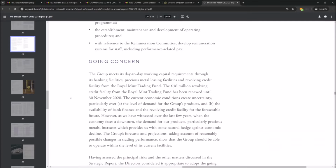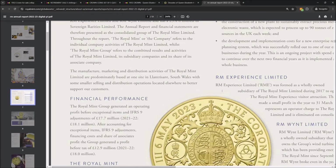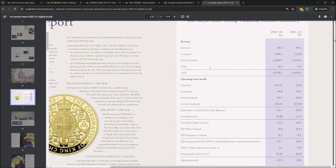And if you want to have a good read of this and see what everything is going on with the Royal Mint, then I'd highly recommend it. There's this page here, which is very interesting, the strategic report, which shows, if we scroll over, how much they've earned over the last